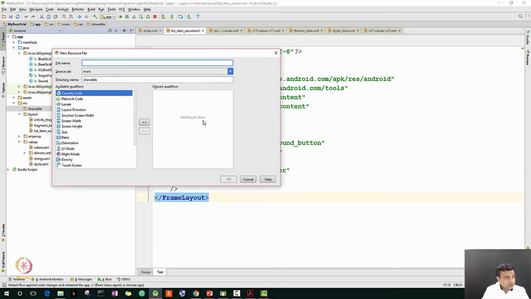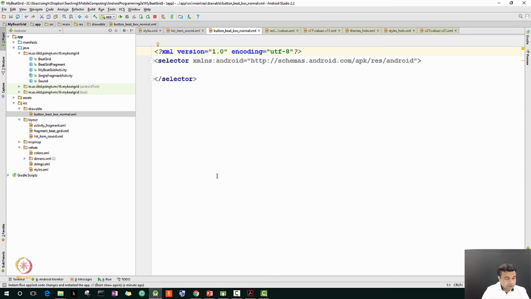Let me just call it button_beat_grid, or maybe a box_normal, and I do okay. I got some code